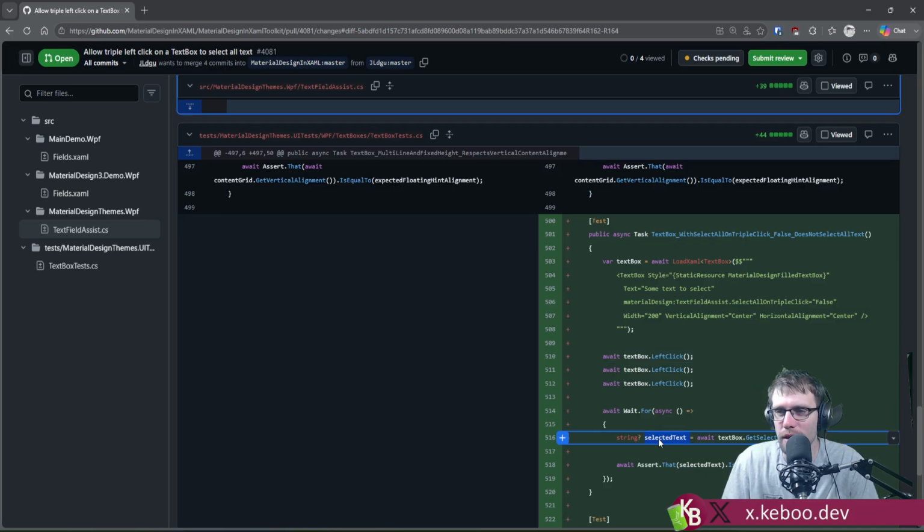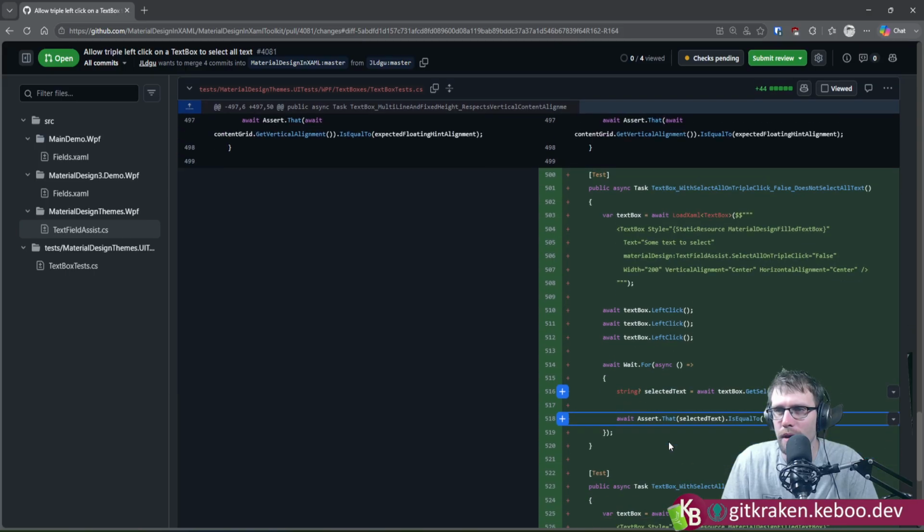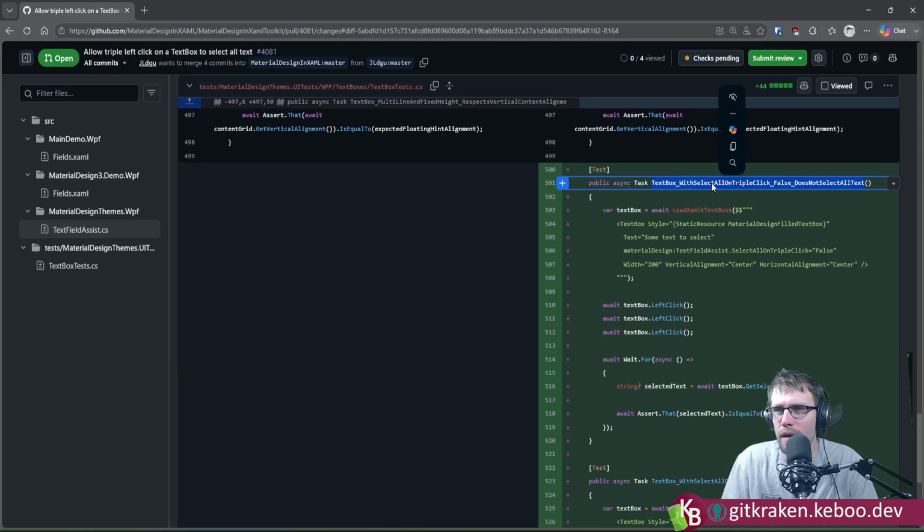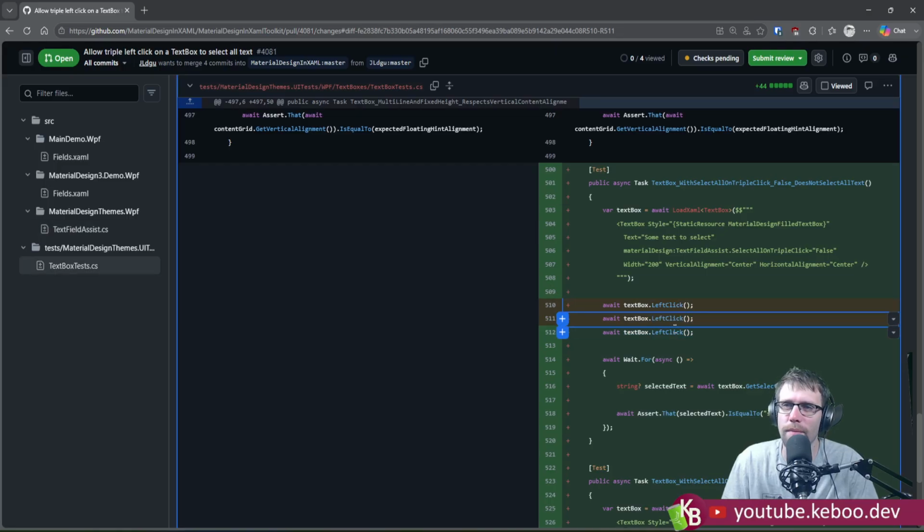Let's see. Text box gets selected text. Does not select all text. So the only thing I don't like about this is this left click by itself. It's clicking center on the control, and the only reason it's selecting the word is because of the default sizes of things, which